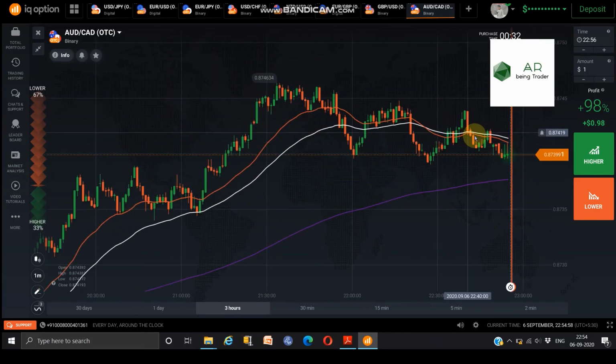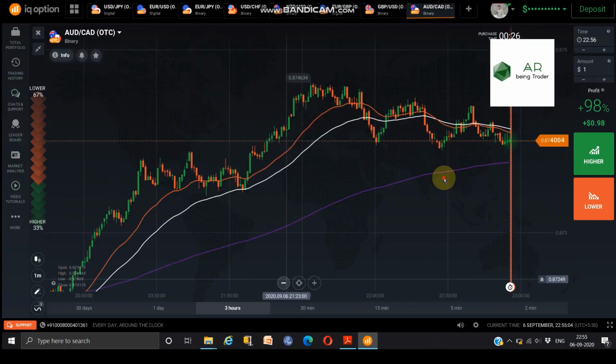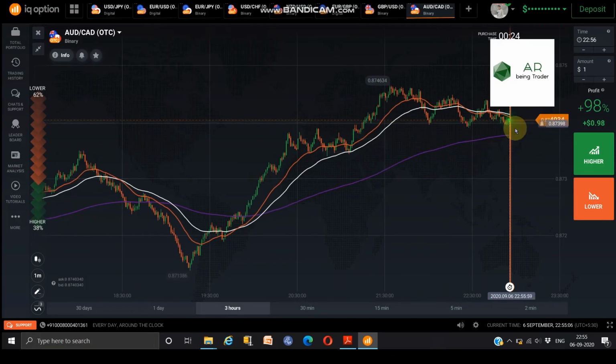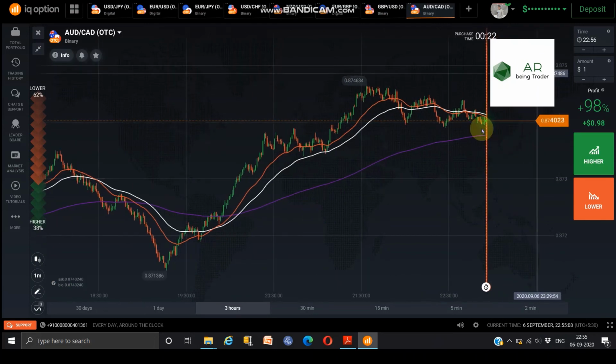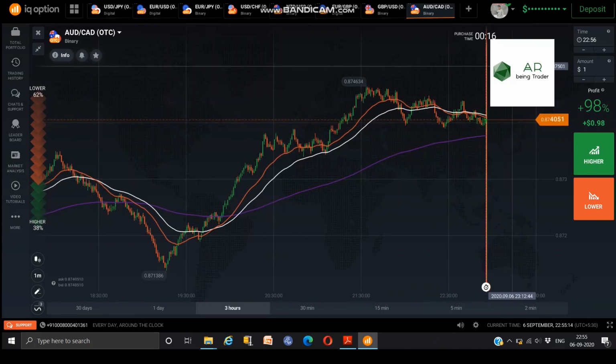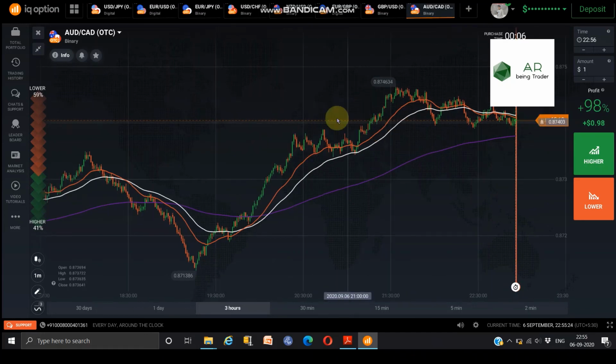They will still be in the market, and if it crosses back, they are going to exit. Otherwise, there are many chances the market goes further up. Why? Because, as I told, the market will come down and then continue its original trend. So they will enter at this level, and at this candle you can see the profit up to this level. This is how the moving averages work.